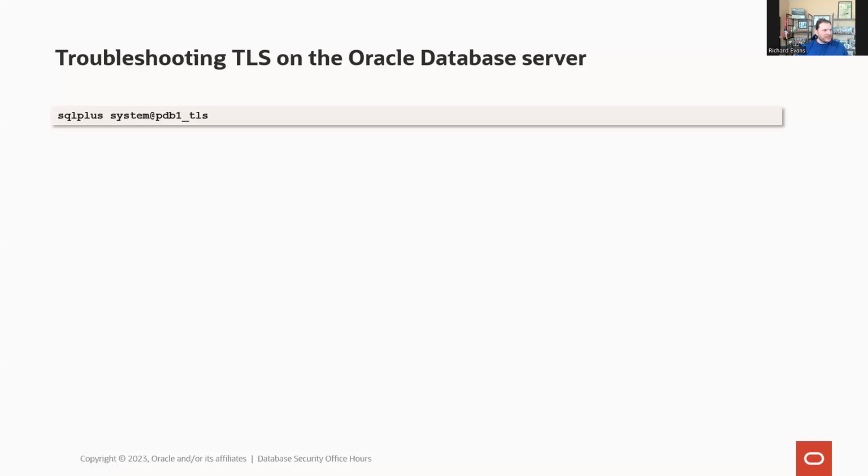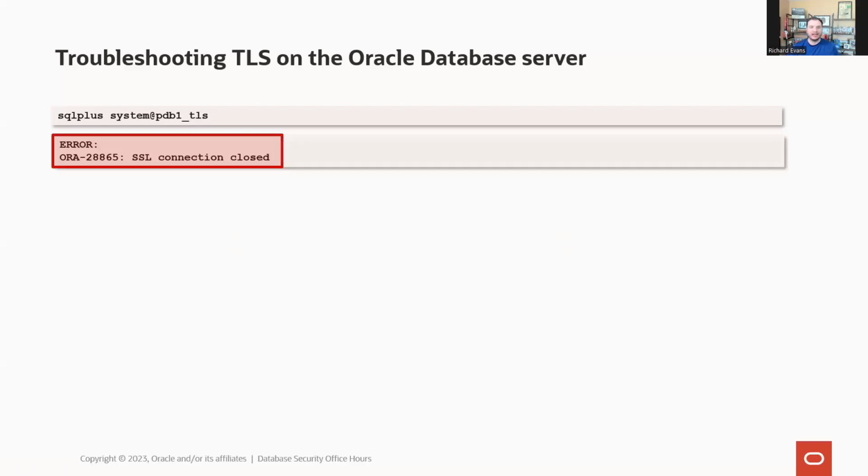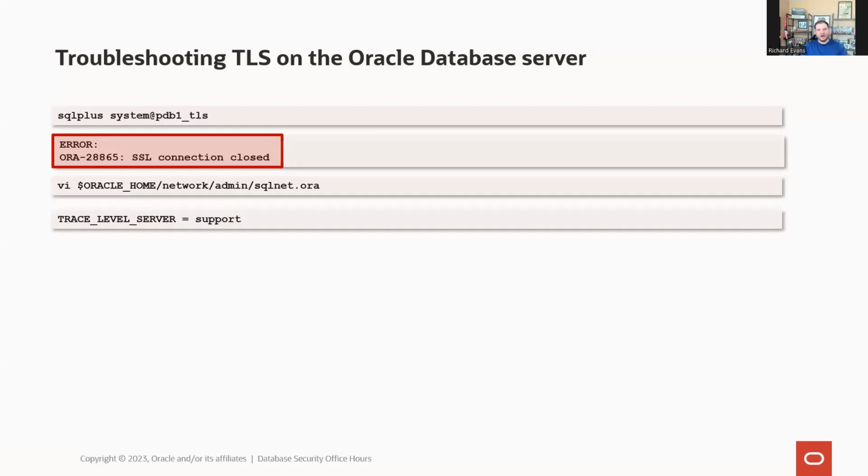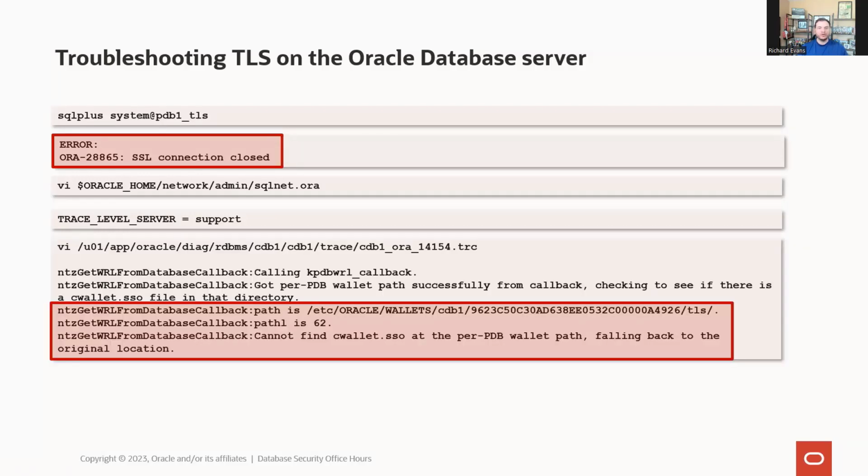Typically, when you're connecting to the database and you get an SSL connection closed, what I like to do is enable connection tracing within the sqlnet.ora, whether this is on the database server like it is in this example, or on the client. I want to see what's going on there. So I want to see the server trace first. I'll set that maybe to support. Maybe I don't give it any additional information, but there's a lot of options that you can set along with this one parameter. But if I go look at that trace file, what you can see here is